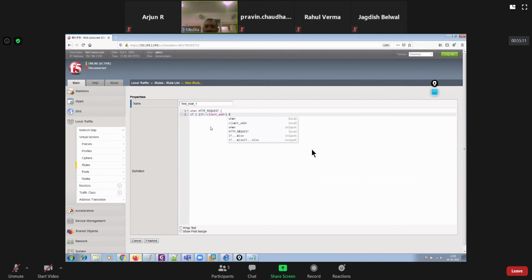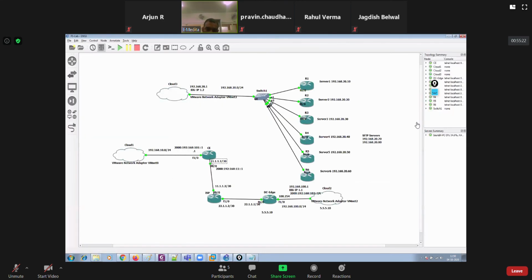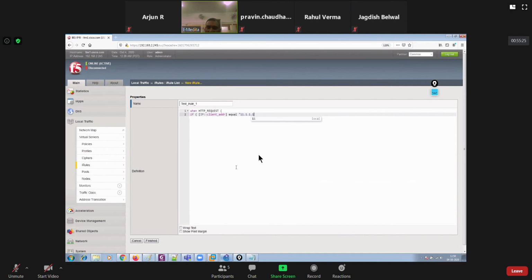You could say equals, equals to what? 11.1.1.1, I believe. That's the client public IP address. If it matches this IP address, I'm going to close this bracket. Thereafter, I'll open one more bracket here, and then I'll take the action. So that was my conditional statement, and now I'll be taking my action. Let's say the action is drop, and thereafter bracket close, and one more time bracket close.